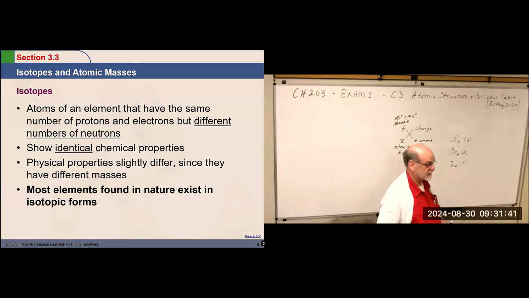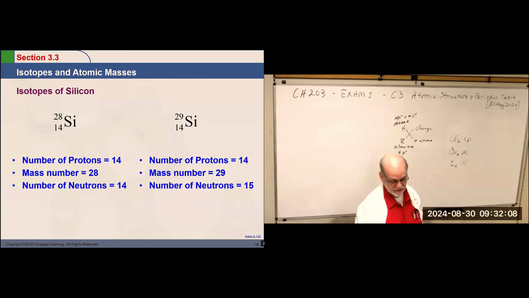There are some, I think one is chlorine, which has a mass number that's midway between 35 and 37, so 36. So it's going to have one that's weighted about evenly between the two. But it still has 17 protons. Silicon, here's silicon example. It just runs through the same number of protons, different number of neutrons. So those are isotopes.